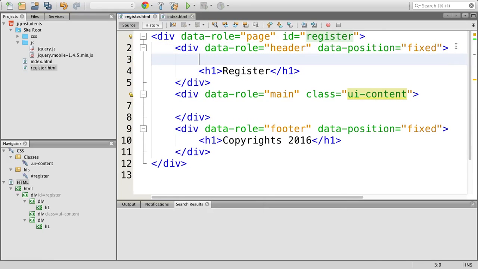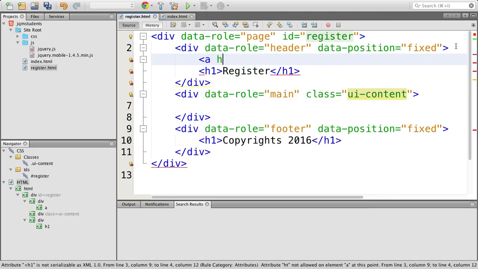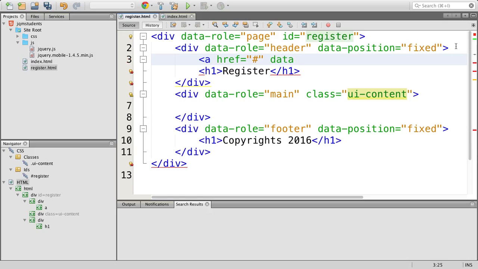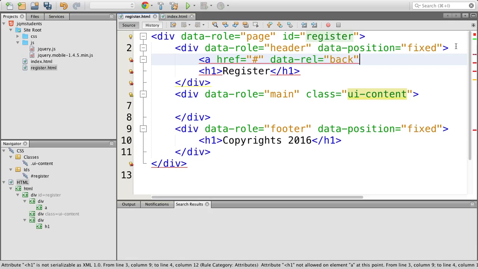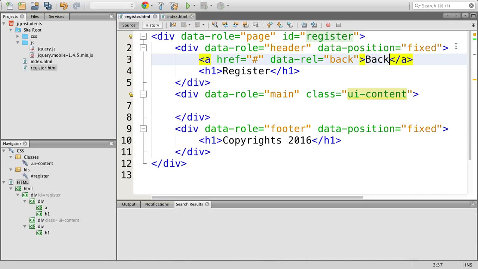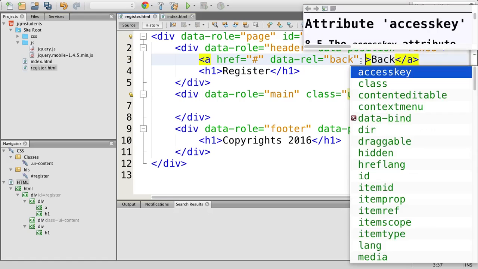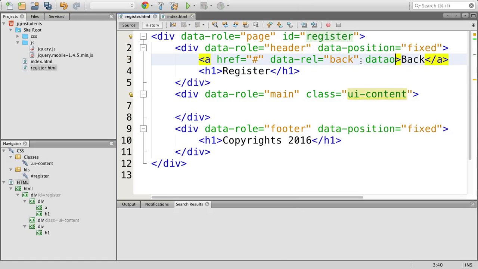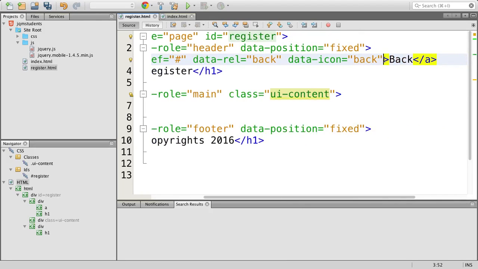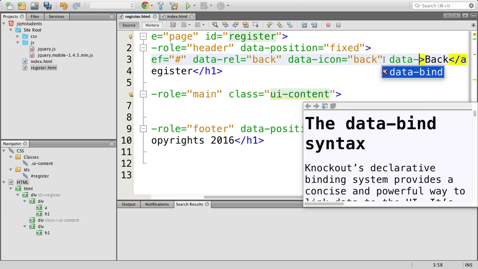And of course we are going to give a back button as well. I'm going to navigate using data rel, so I'm not giving a destination here, because I'm going to define the data relation here. It's going to be defined. And I prefer not to show any text, so data